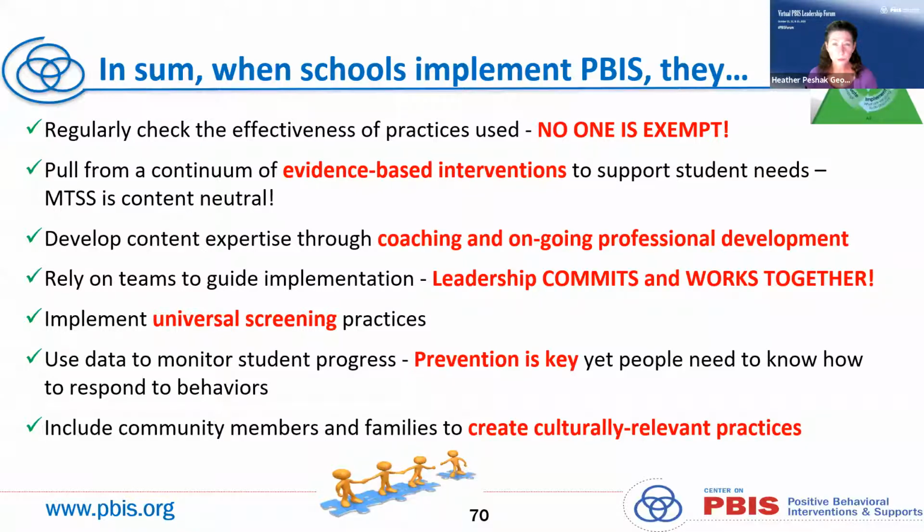And so you're going to be pulling from a range of evidence-based interventions that, based upon your data, are most needed to support your students' needs on your campus. When we're talking about multi-tiered support systems, it's content neutral, because we're talking about setting up this framework, having a clear process in how we're identifying kids or classrooms or schools that need more support, and then getting in there and making sure that we're responding to that. Not every evidence-based intervention that's selected at one school is going to be used at the other school. Again, it depends on what the data and the needs are.